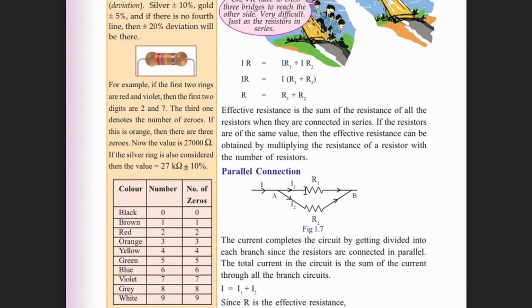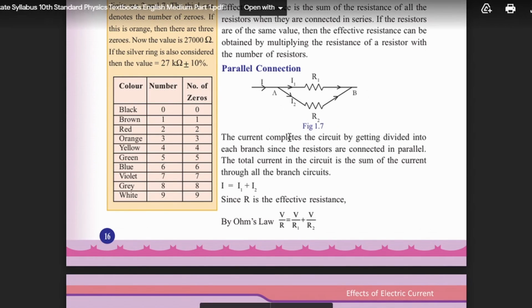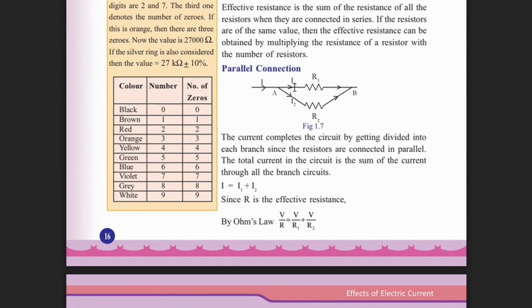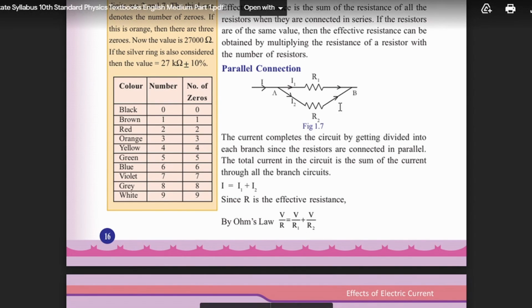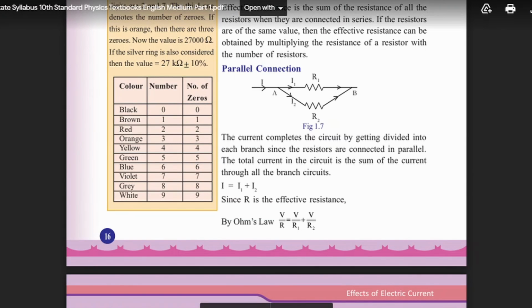Okay. Then what is the other type of connection? That is the parallel connection. That means both resistors have their starting ends connected with each other, and the other ends of both resistors are connected in the same way. That is the parallel connection. How to make the circuit here? Just attach one battery.